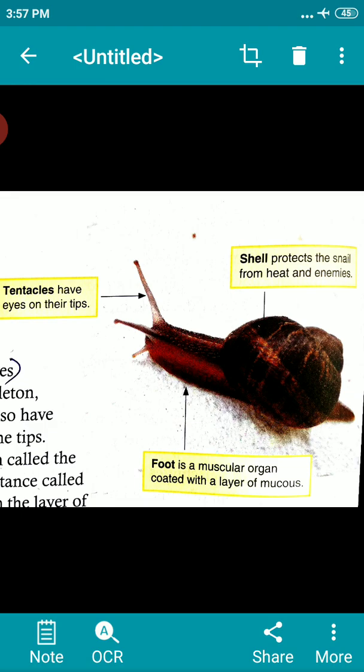The shell is a single unit and does not help in moving from place to place. It has to be dragged along. When a snail crawls, a thick structure and the head of the snail may come out of an opening in the shell. The thick structure is its foot, the muscular foot, which is made of strong muscle, which helps it to move further.